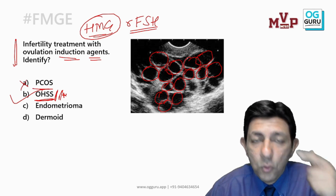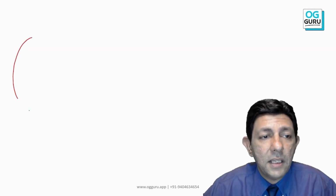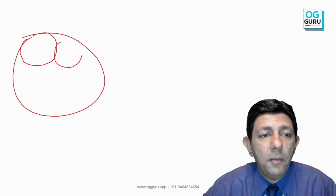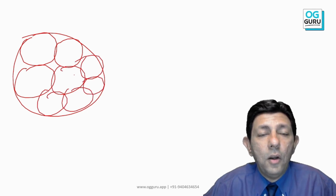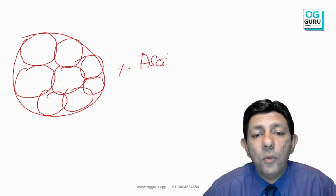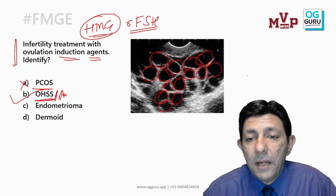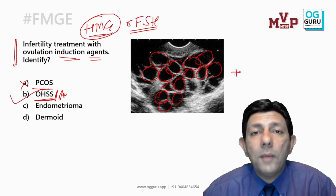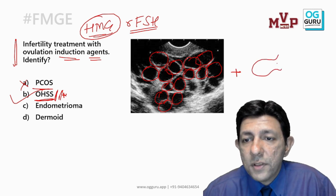But along with this, what happens in OHSS is that multiple follicles start growing inside the ovary, and all will become big follicles, 18-20 millimeter. But along with that, there should also be presence of ascites and free fluid. So this is a PYQ. This has been asked in the past, but actually along with this, they should give you one more picture